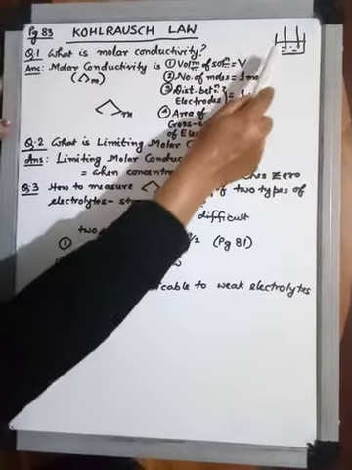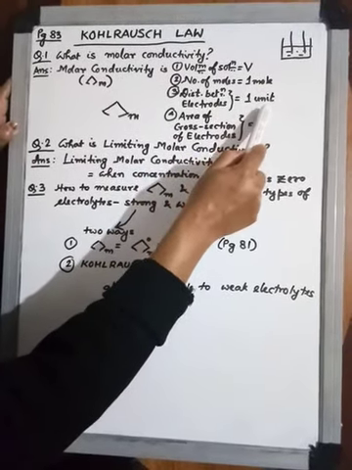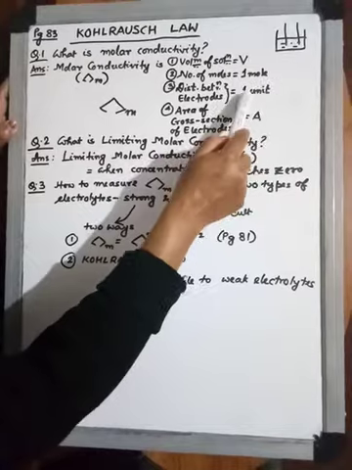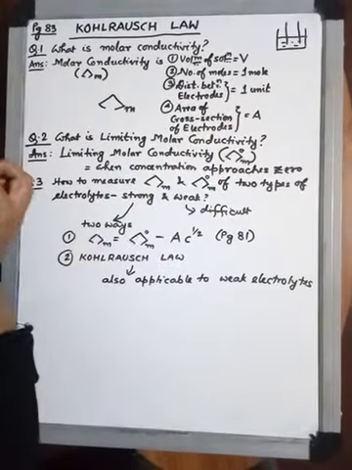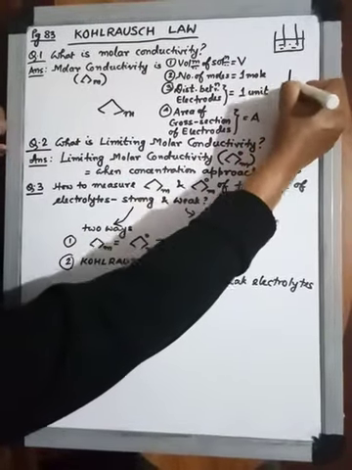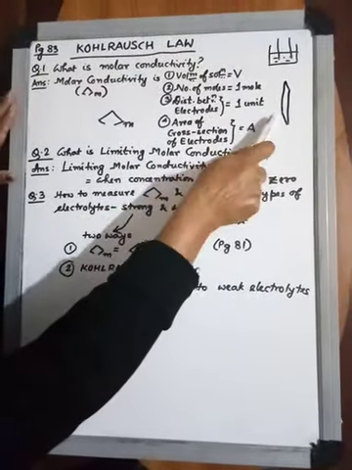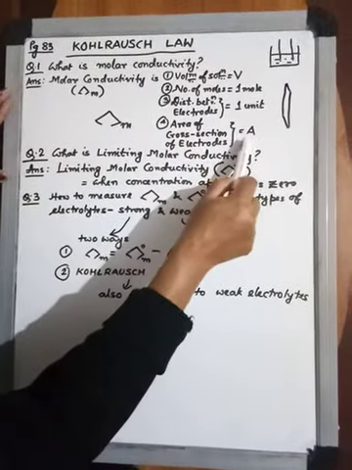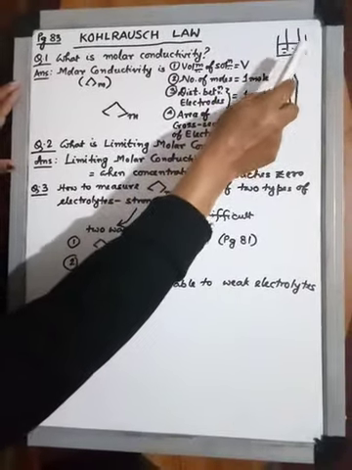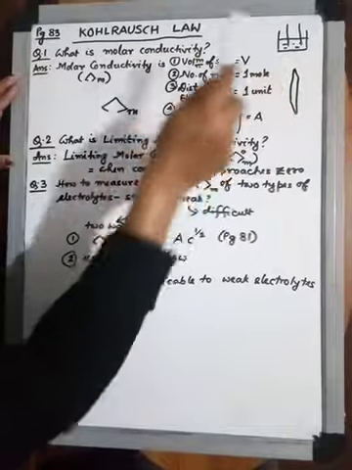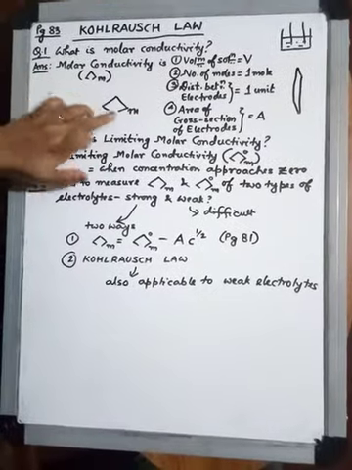1 mole. And when we put the electrodes, we have to check that the distance between the electrodes is always 1 unit. 1 unit means 1 meter, or 1 centimeter, whatever we take as our unit, it should always be 1. And these electrodes that we are dipping in the electrolyte actually are in the form of plates. So what should be the area of cross section of these electrodes? We will have to take it as A. Now, keeping all these things in mind, if we set up a system like this, and then if we measure the conductivity of that solution, then it is called molar conductivity, denoted by capital lambda M.